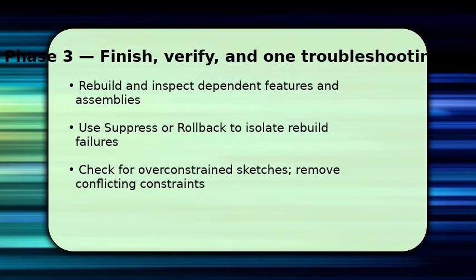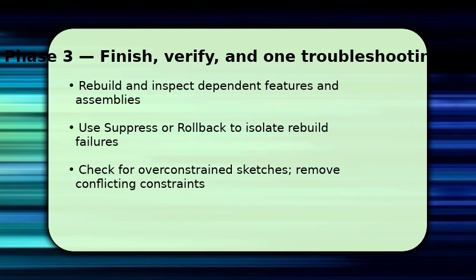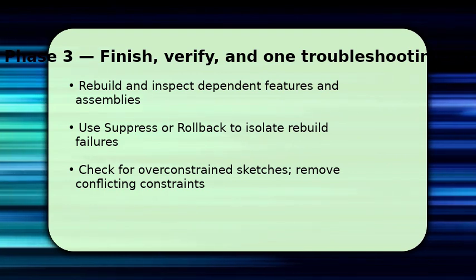To finish, press enter and rebuild, then inspect any dependent features or mates for unexpected movement. If assembly mates or sketches fail, suppress the dependent feature and re-enable it stepwise to isolate the problem. If a sketch becomes overconstrained, remove the conflicting constraint or convert a dimension to a driven dimension so geometry updates